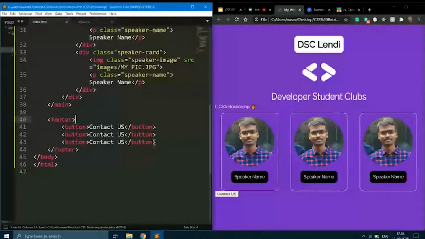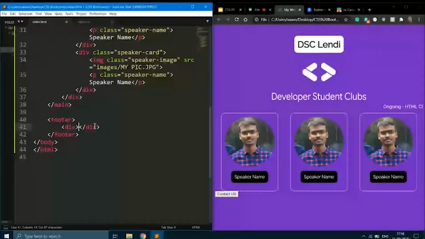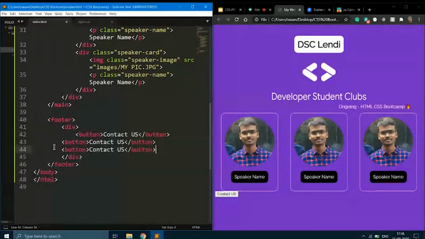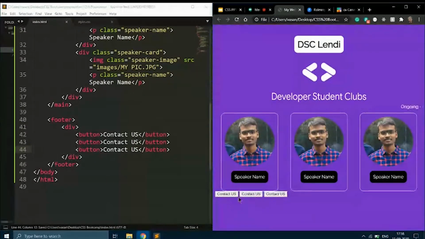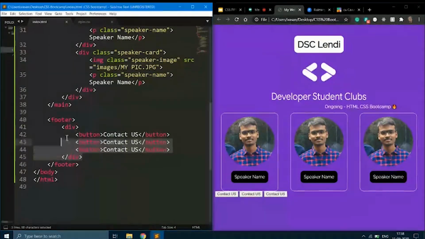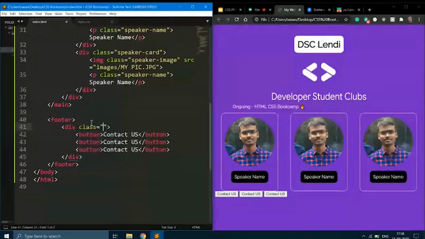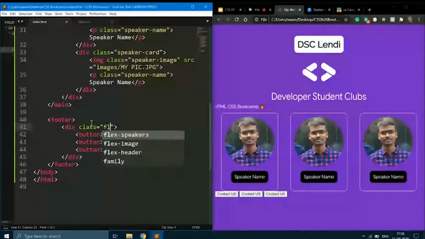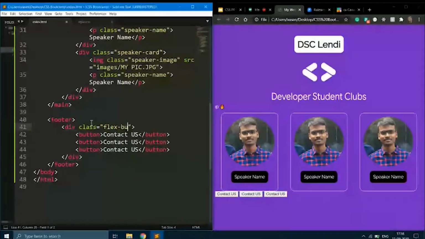And I want to place these three buttons in a div tag. As you can see, we have got three buttons. So for this div tag, I'm going to apply flex layout again. A class, say flex buttons.